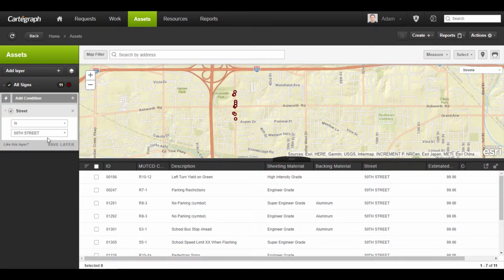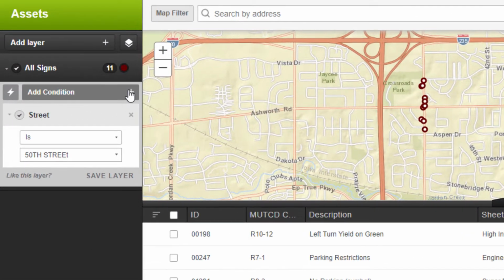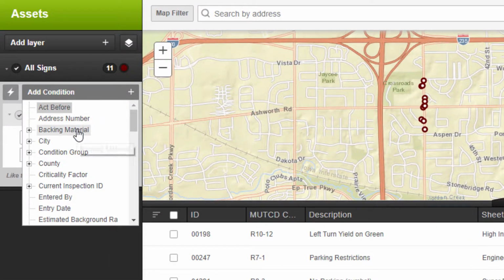I have now created a filter that is returning only 11 records, and all these records will have the street name of 50th Street. These are the only records that are displayed in the map, as well as the list view. If I wanted to filter further and see only the signs on 50th Street that also have a backing material of aluminum, I can add another filter on a different field, set to backing material,